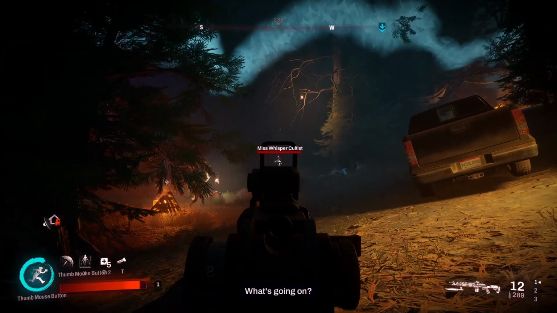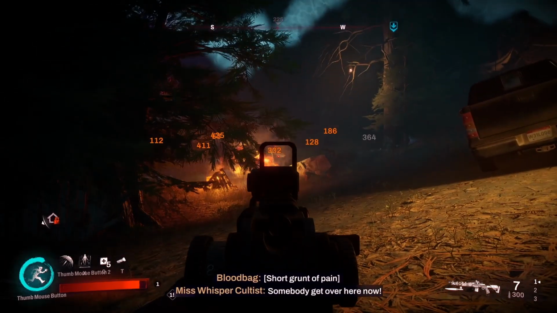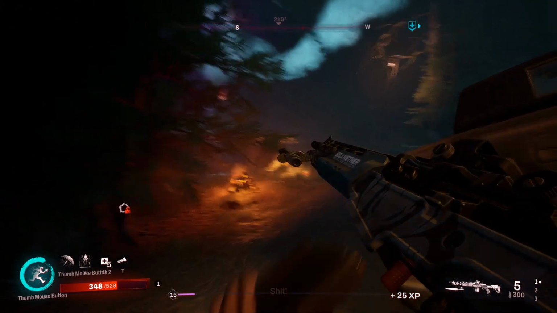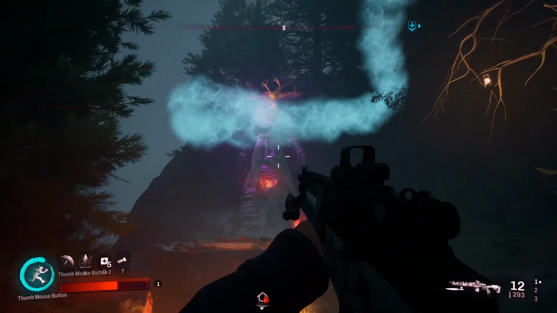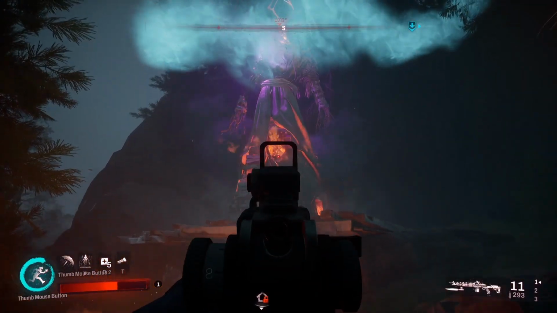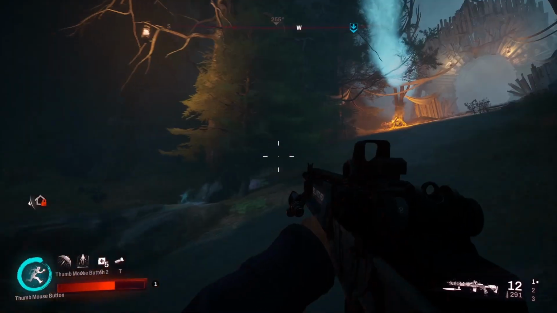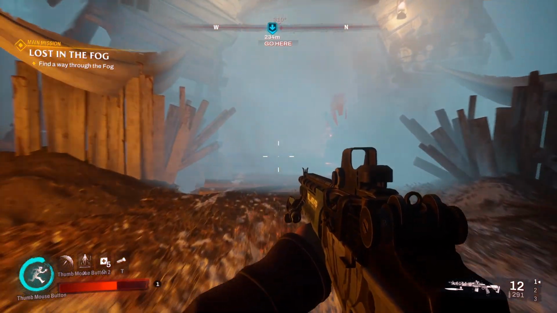What's going on? Found another one. Think Miss Whisper doesn't know? Oh, shit! Huh. Ooh. It's a creepy Miss Whisper poster there. I mean, it's made of wood, so realistically this should burn the whole thing down, right? I know it's not going to because they didn't make wood a flammable environment or anything, but...